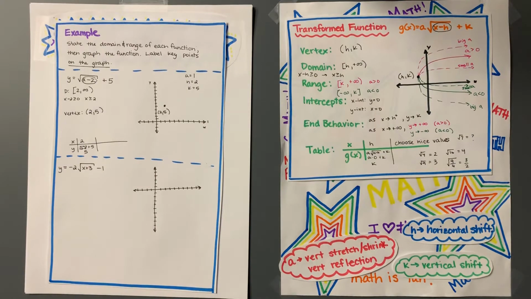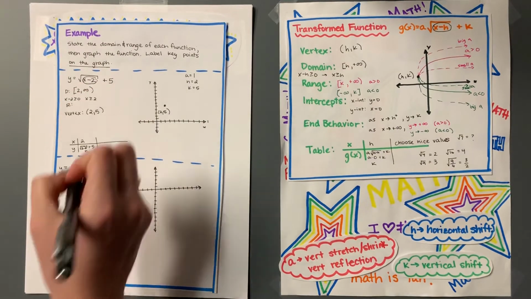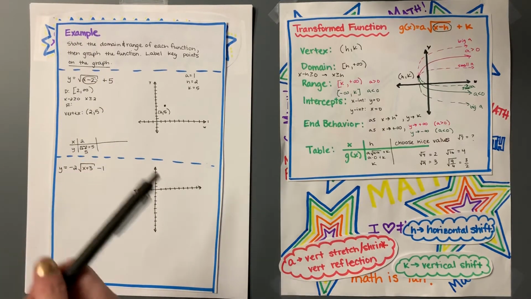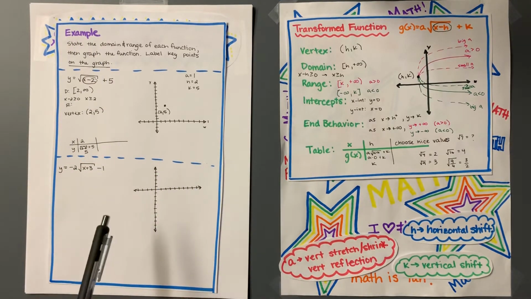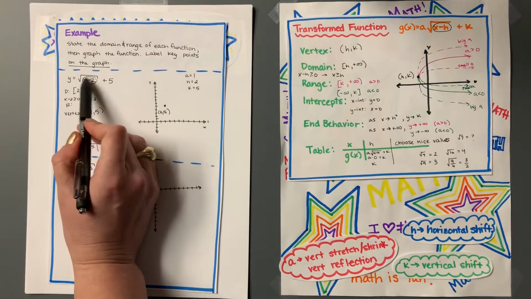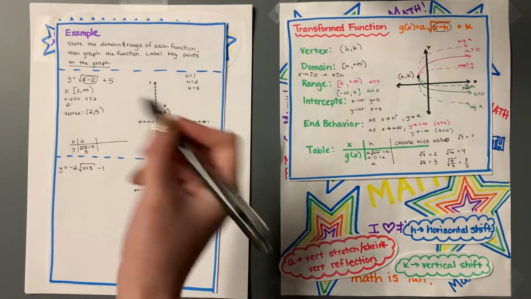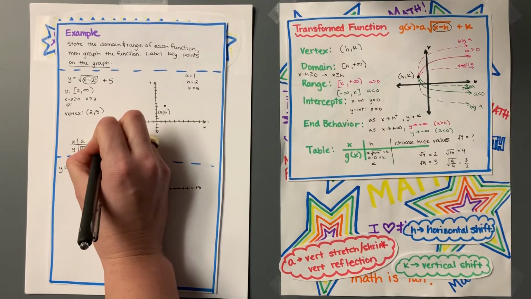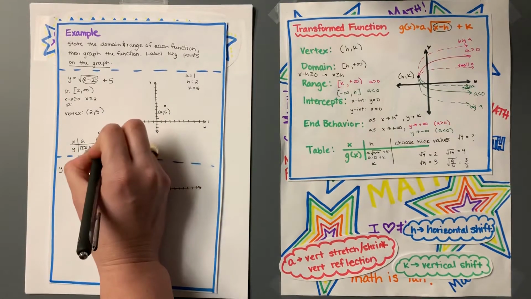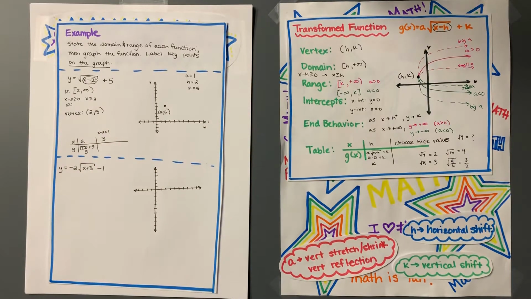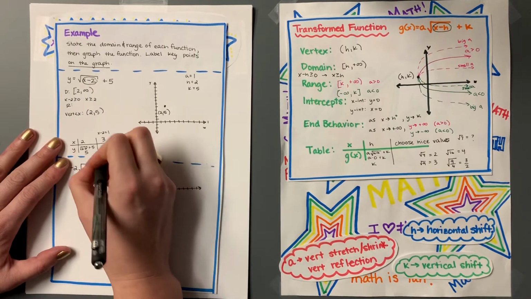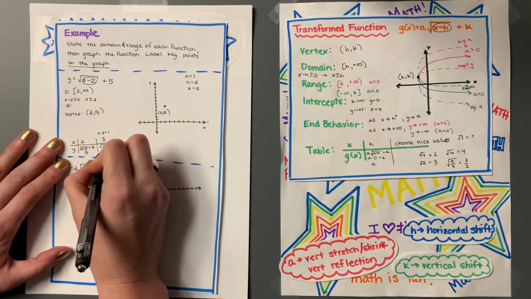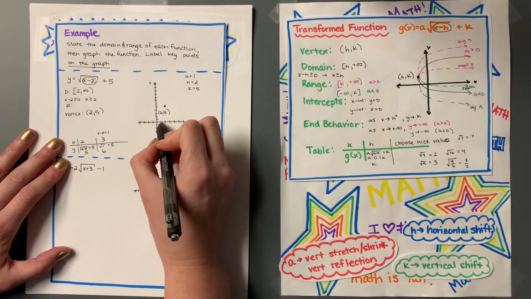So now at this point, I am going to want to find the range, but I'm going to graph a few more points. Like I said before, we want to be kind to ourselves about the points we plug in. So I would like what's underneath here to be equal to 1. So I want x minus 2 to be equal to 1, I'm going to plug in 3 for my x value. So if I plug in 3 for my x value, that's going to give me the square root of 1 plus 5. That just becomes 6. So I have the point 1, 2, 3,